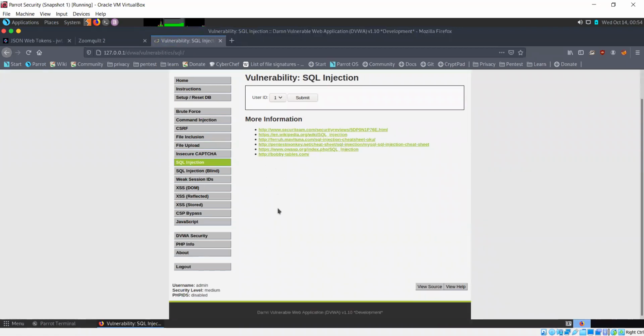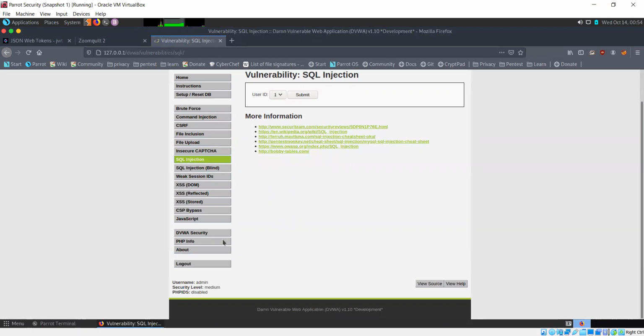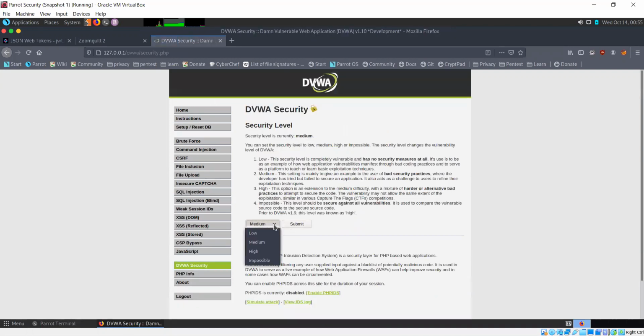We hadn't covered a lot of stuff in SQL injection, right? And had we seen how to get the usernames and details of the users from the table? No, right? Okay. So for the security level, I need to change this to low first. I'll reach the medium level in a different session.